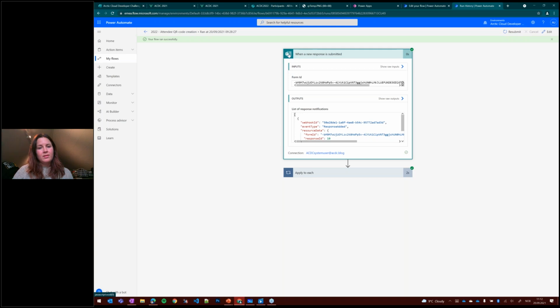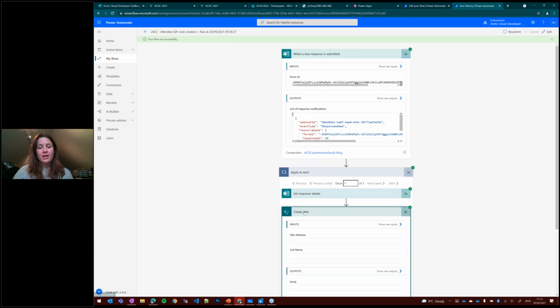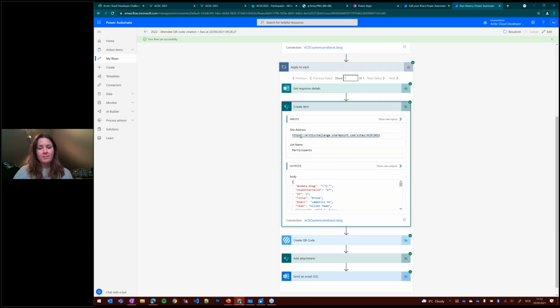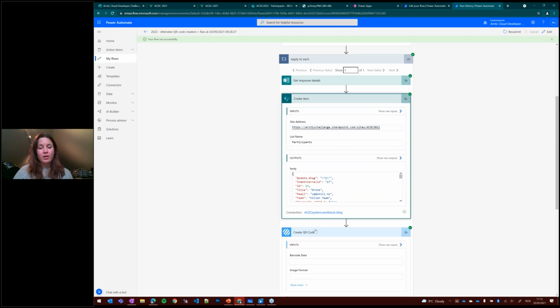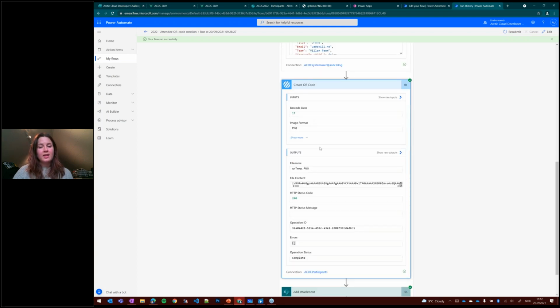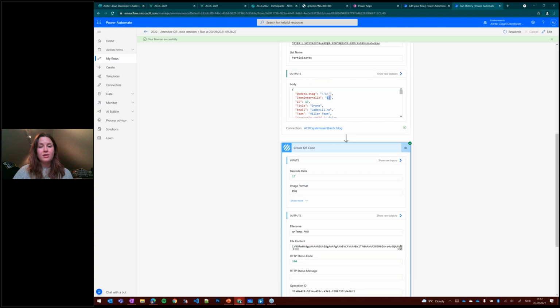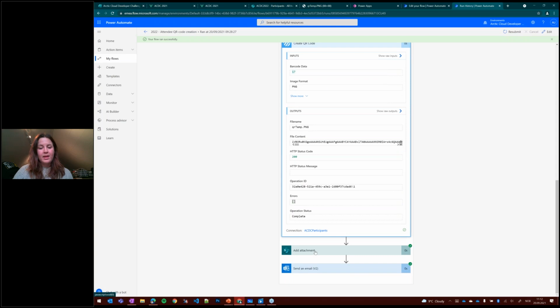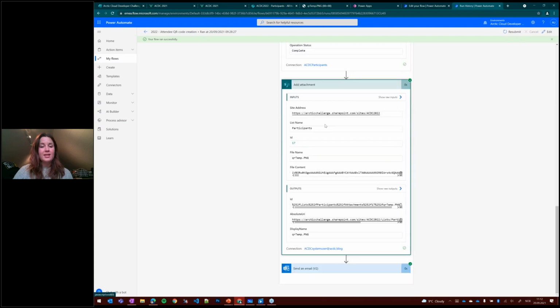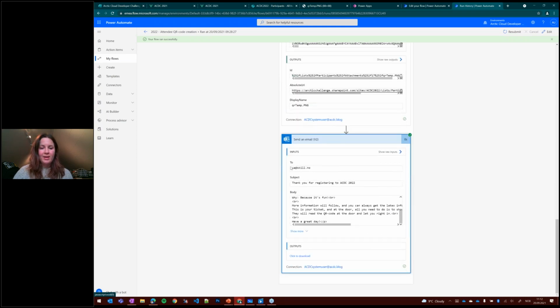This grabs the Microsoft Forms response. And for that response, it creates a SharePoint list item. It creates a QR code containing that ID. So the internal ID, that's the QR code value. It uploads that QR code as an attachment to that list item, and then it sends an email to my email account with a confirmation that thank you for registering, and